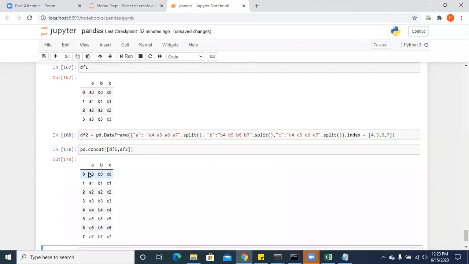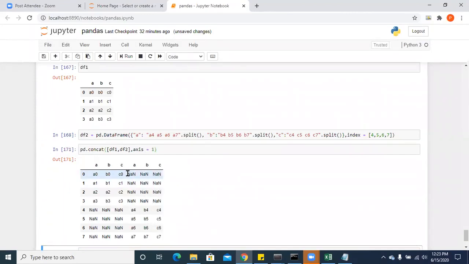If you see, all those got concatenated in a row. Now if you want to concatenate them in a column, comma, axis is equal to 1.